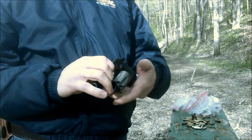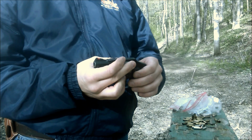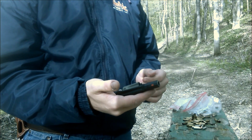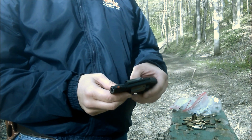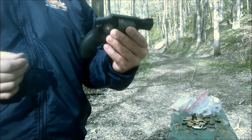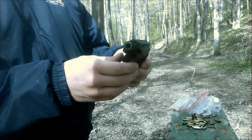Anyways, I've carried this gun for about maybe 3 weeks now. Put maybe 200 rounds through this. So now I think it's to the level where I can give my opinion and review so far. Now, if you go to look up this gun, you're probably not going to find much information on it. Very limited information. And the reason why is because this has been discontinued for, I believe,